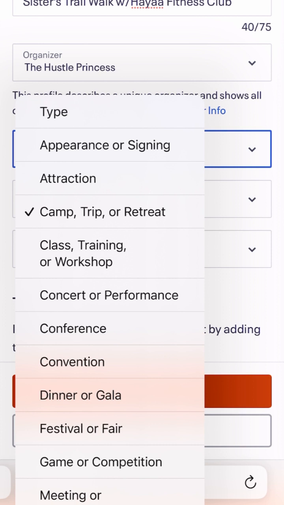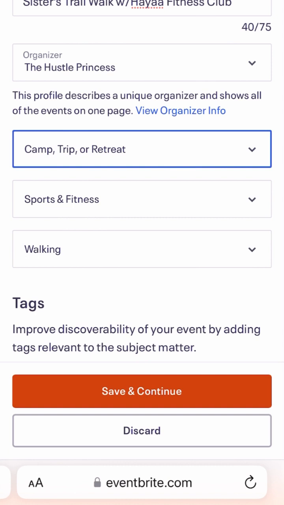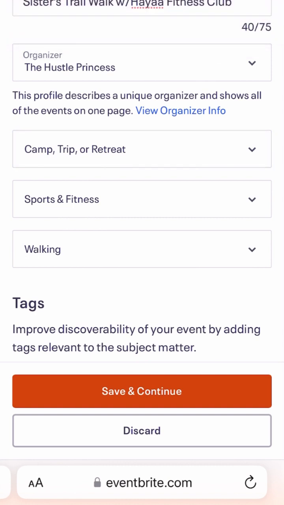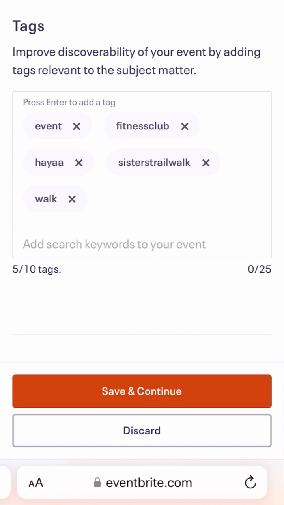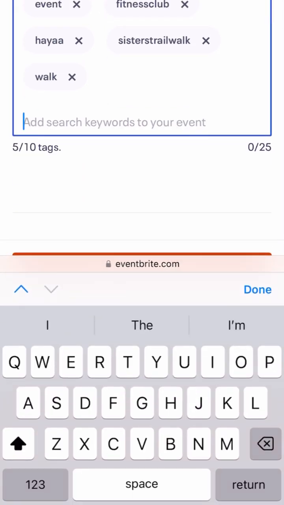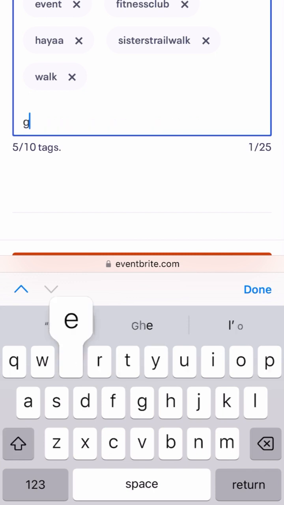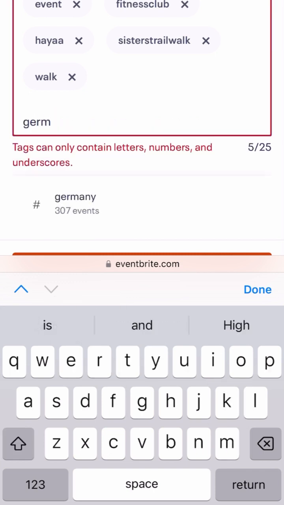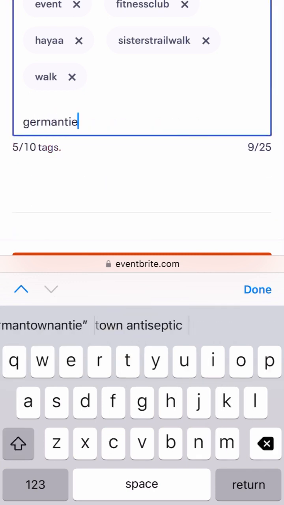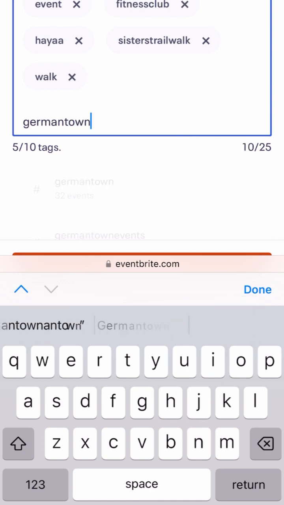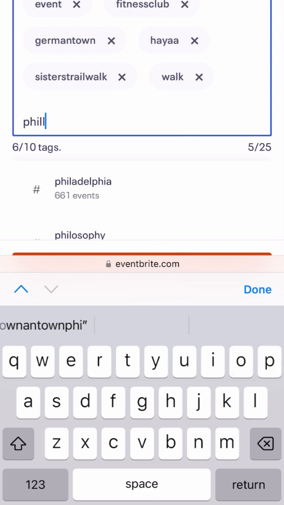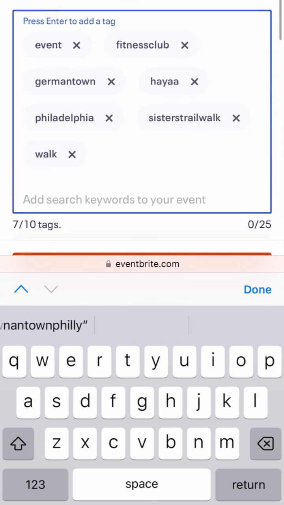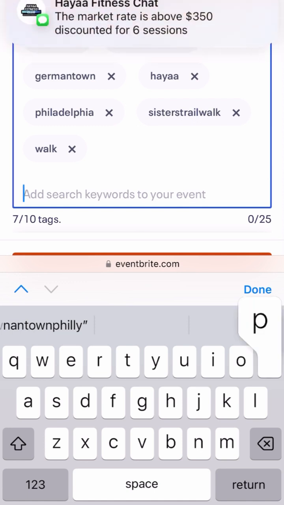Now the hashtags are kind of what helps the SEO, and that is what is going to get your event seen more just in general, like when people are searching for things. So let's say they're searching for a sister walk or something like that on Google. Maybe you want to click in sister walk. So for example, I did Germantown, and these are just ideas of what you would like to use. You can switch that to whatever it is that you already know or what you already chose.